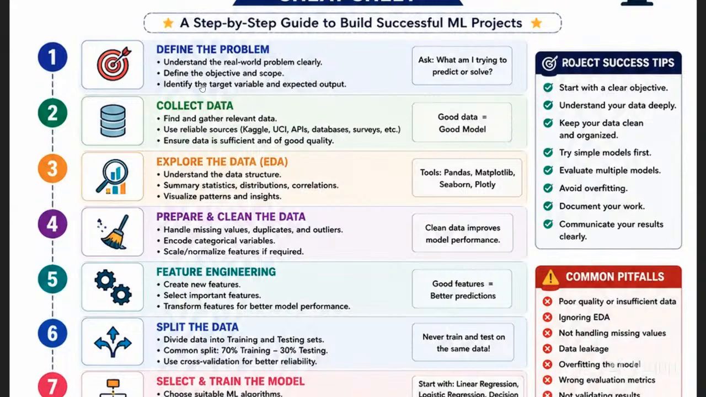Okay, so according to that we have to define the variable, and you will collect the data set. In the second step you can see, find and gather relevant data, use reliable sources just like Kaggle. From Kaggle you can use UCI, APIs, datasets, surveys, and etc. So if you have your own dataset or you want to work on the primary dataset, okay, in the primary